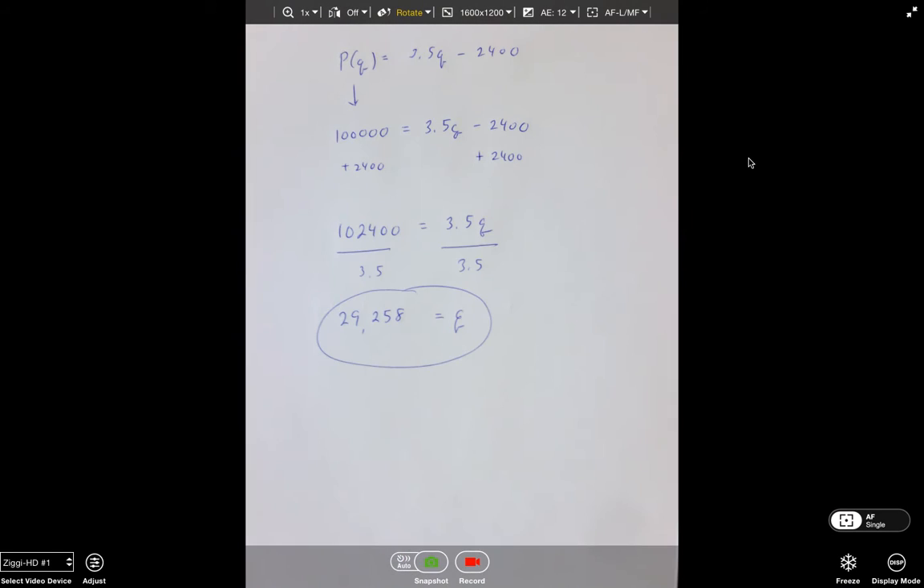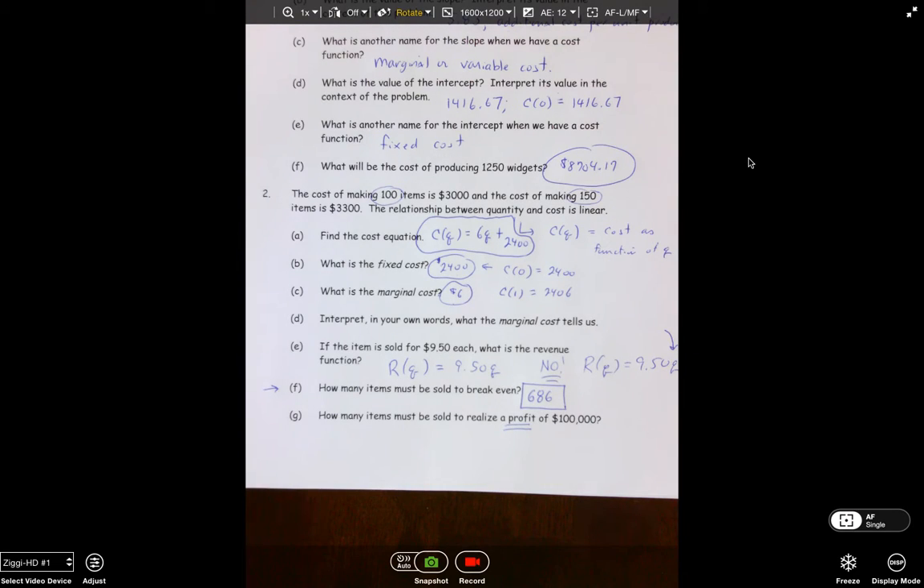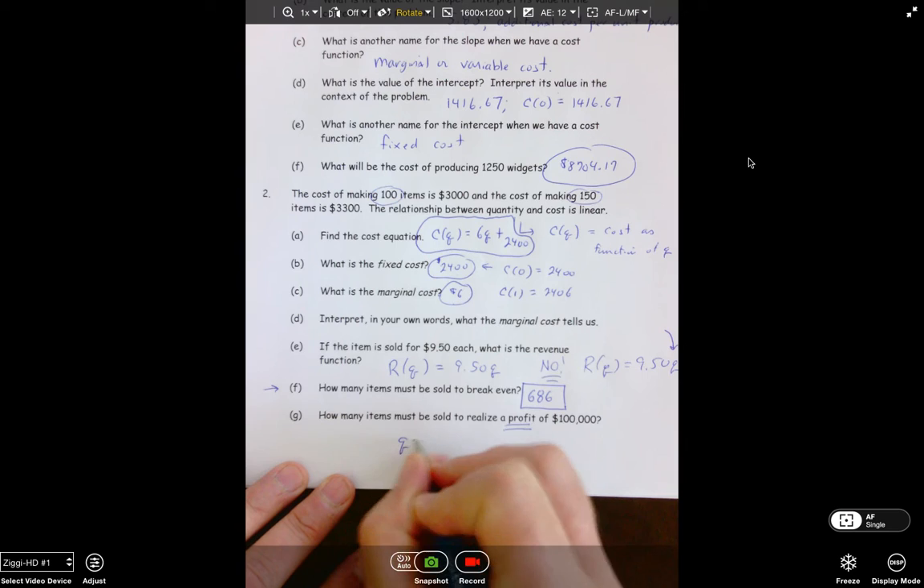So it's going to take a lot of units to create, I think these were daily production. This is a daily production schedule. So it would take 29,258 units to break even, given this. No, I'm sorry, not to break even, to realize a profit of 100,000. So a Q would be